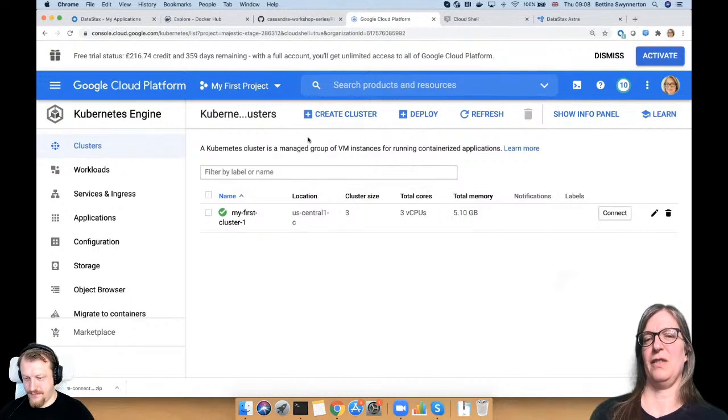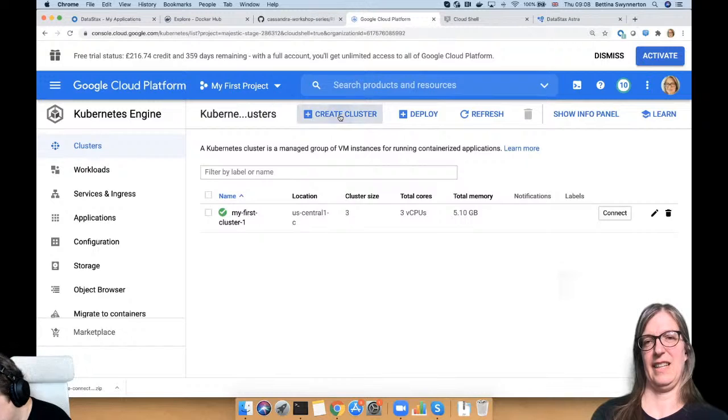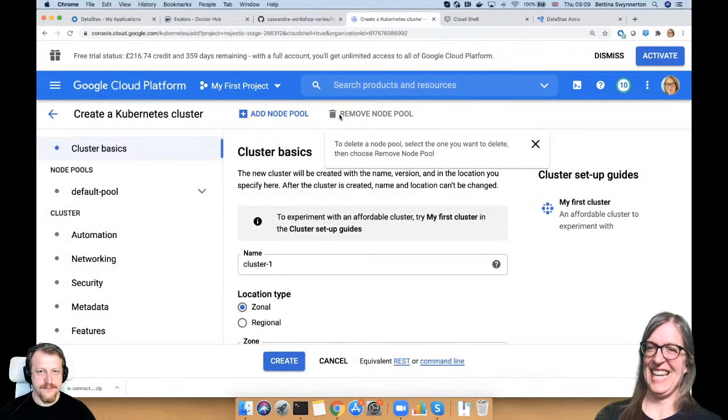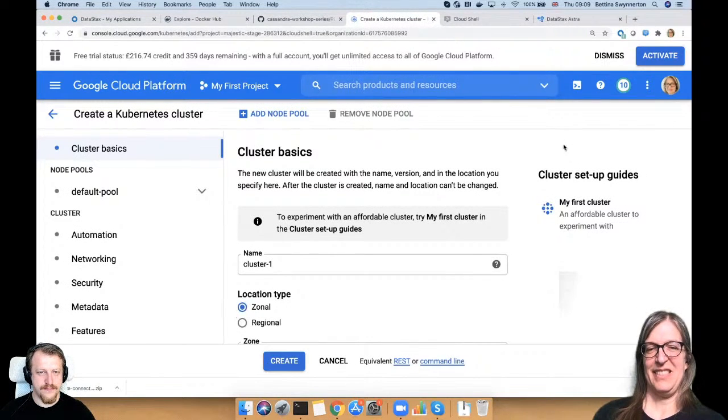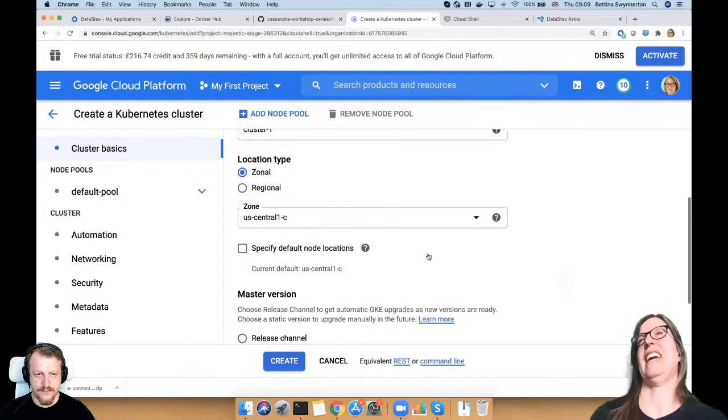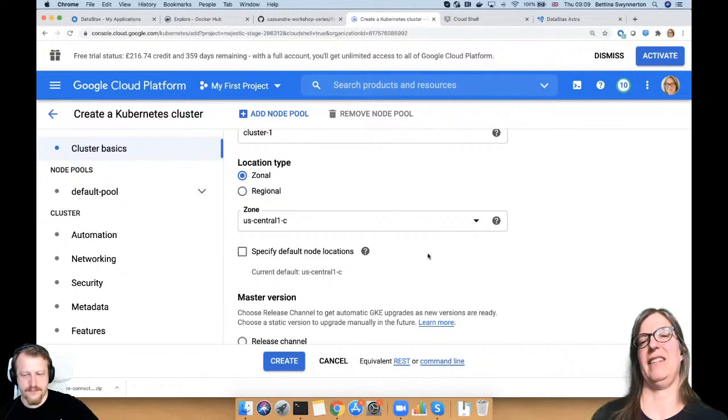But you would go to create cluster, and even that takes time. It offers you a basic setup, and you have limited options for what you can create when you're in the free trial.